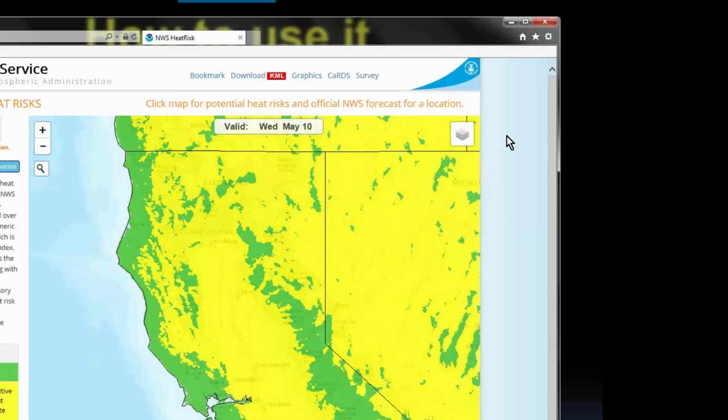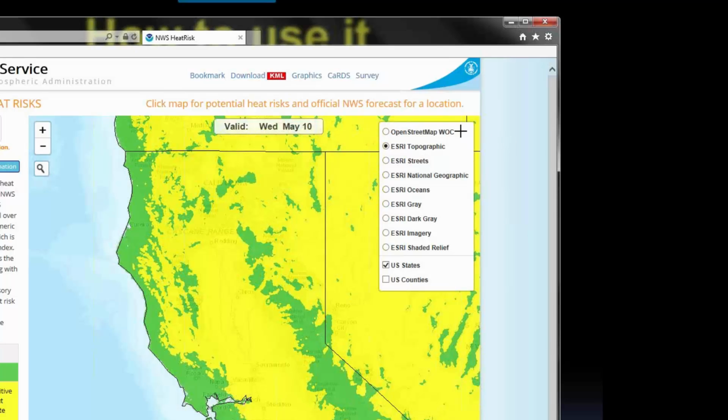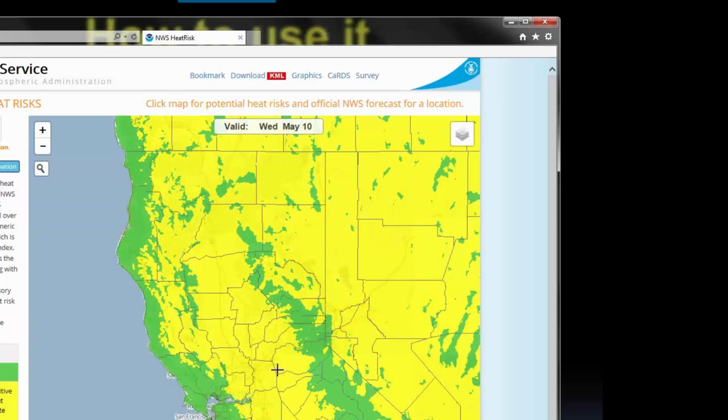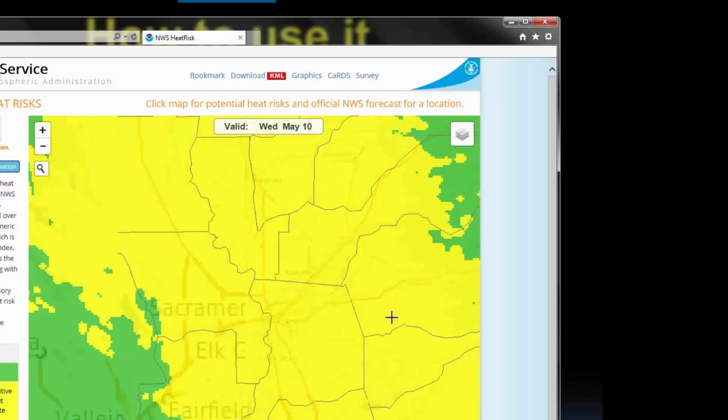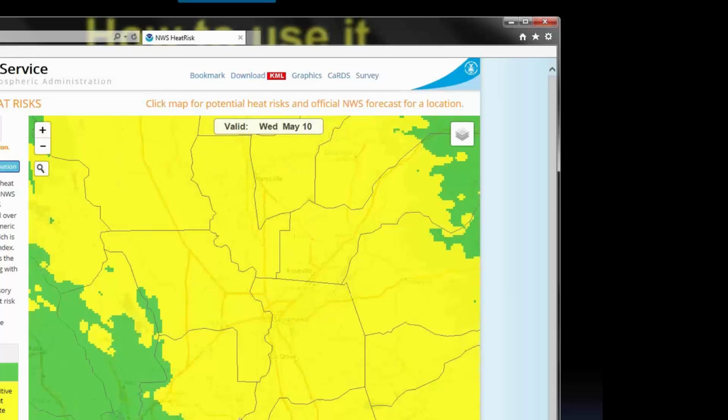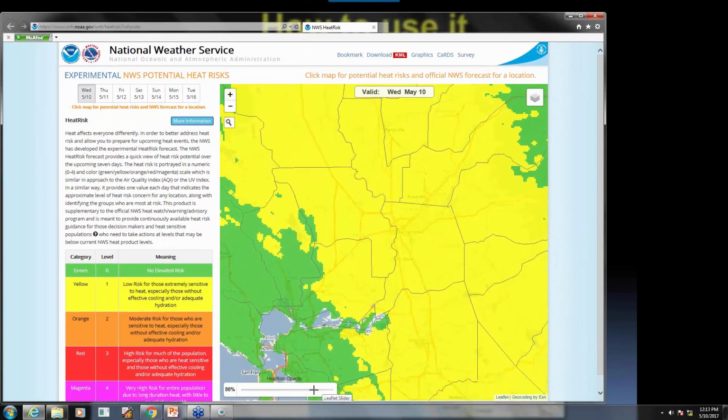One of the nice features about this is it does have layers. If I can turn them on. And this is the world's worst mouse. So you can click your counties on and off. It's Esri, so you can zoom in pretty tight if you want. You can change the opacity. So it is 508 compliant. If you dim down the opacity, you'll notice that the bar, the graph on the side, also corresponds to the colors on the map.